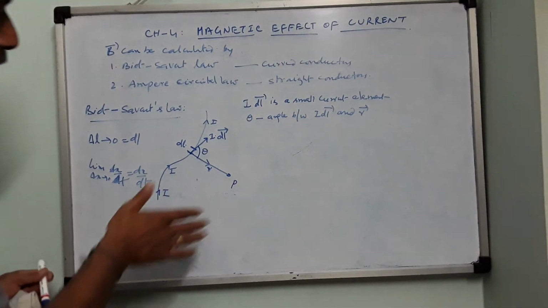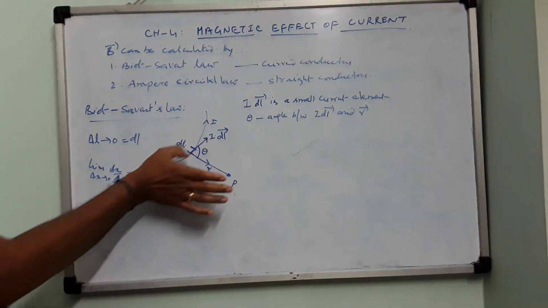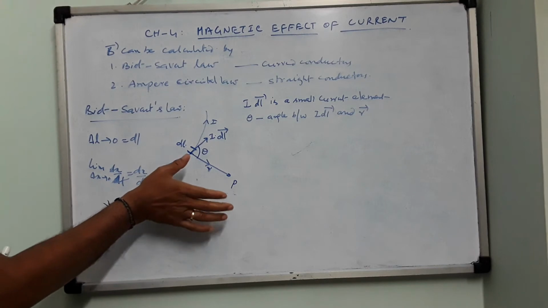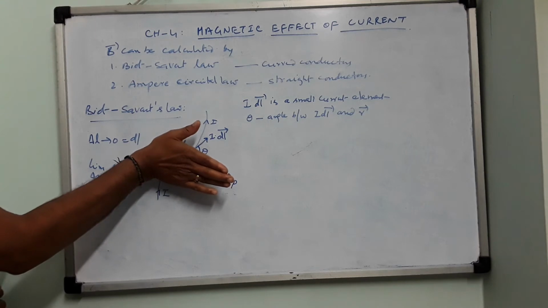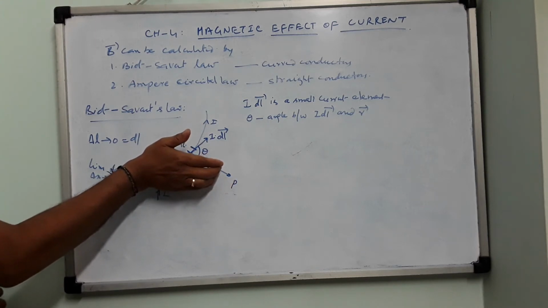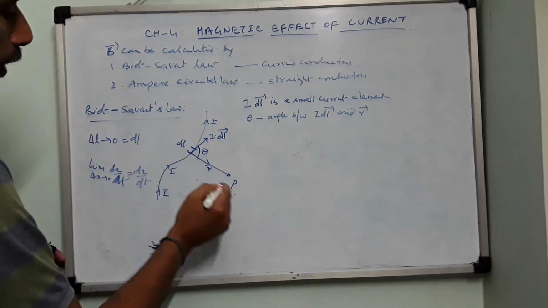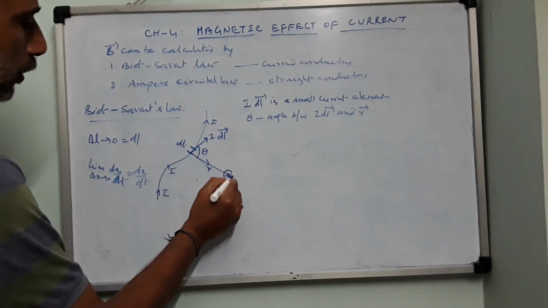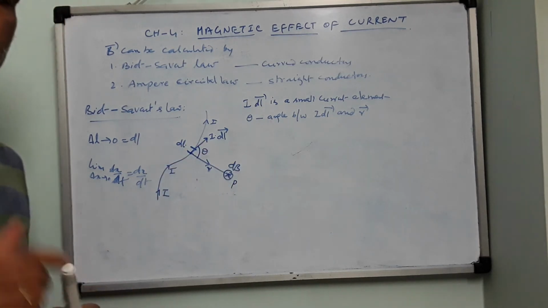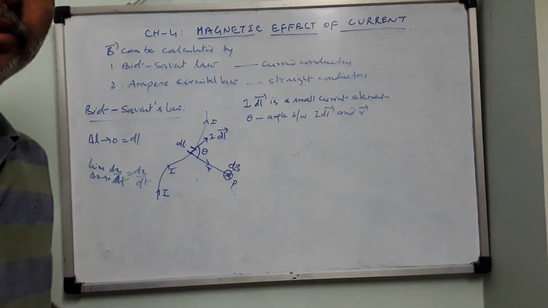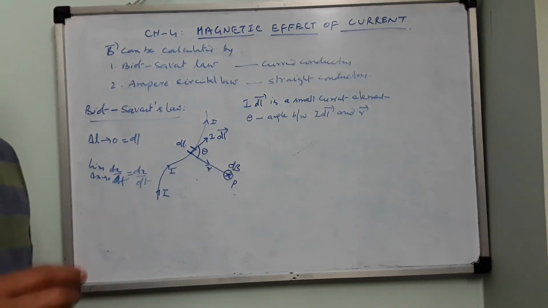Now you can use the right hand thumb rule to determine the direction of this magnetic field. Hold the current carrying conductor in such a way that the thumb shows the direction of current. The current is going like this, I hold it like this. Now at point P, you see my fingers are going inside. So this element Idl, on its right side, produces a very, very small magnetic field, dB. Delta B is very small; when delta B tends to 0, it becomes dB. So dB is an infinitesimally small magnetic field.